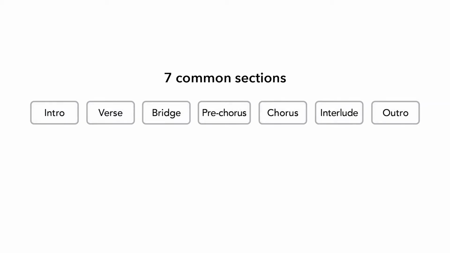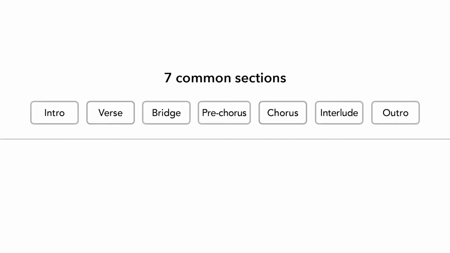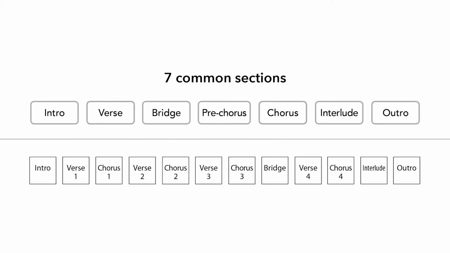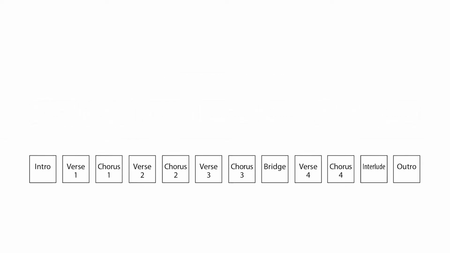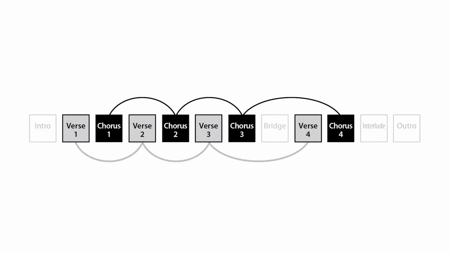Sometimes all of these song sections are used in a composition, and sometimes it's only some of them, with at least the main sections being the verse and the chorus in almost every song. By arranging these sections and repeating some of them as a song progresses, songwriters are able to alternate between states of change and repetition, creating a sense of progress and forward momentum by advancing from one section to the next, but also injecting a sense of familiarity by repeating some of these sections as you go,